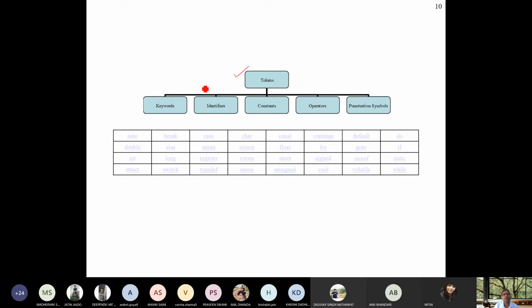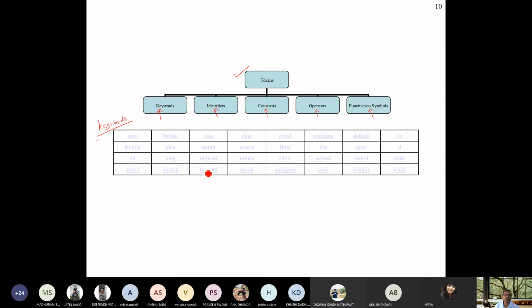Actually, whenever the compiler is going to compile any program, it will identify keywords, identifiers, constants, operators, and punctuation symbols. So whatever you are using inside a C program is a token. Now just see the keywords. There are limited keywords and it is not visible to you, I think. But if this PowerPoint is available with you, you can click on this and get the answer for a particular keyword.